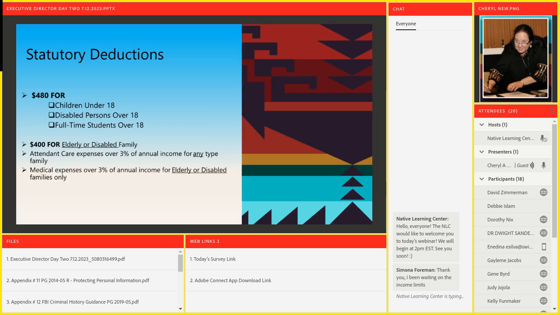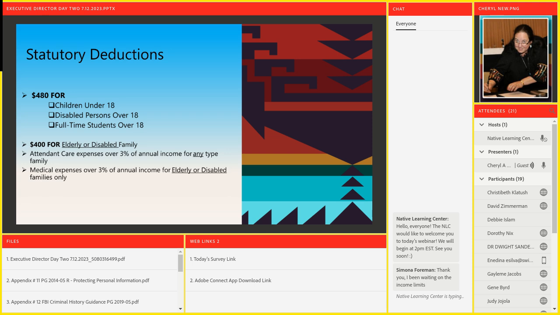So the statutory deductions, and some of the tribes, I've seen a lot of mistakes in this area when it comes to like the child care deduction and the travel expense deduction. I'll see one being offered, none being offered. I've actually seen where you can have one but not the other. No, that's not the case. These are statutory federal deductions that you have to offer, okay? If you don't, write a policy, write a procedure, and start using that right now,